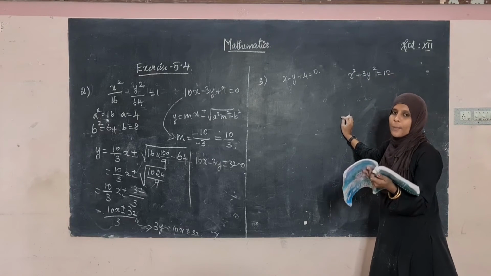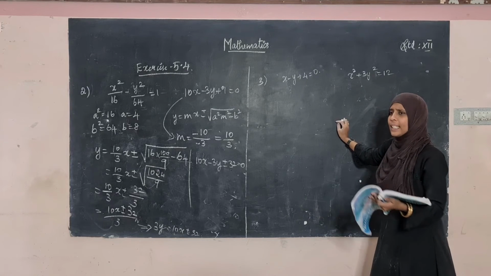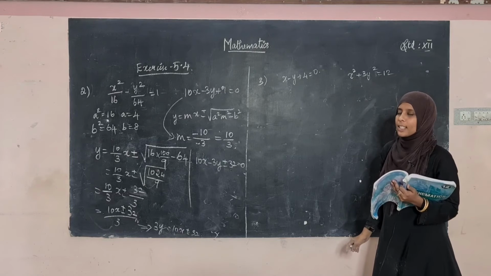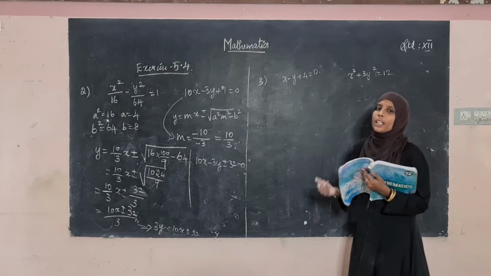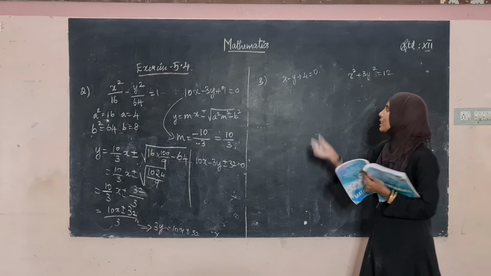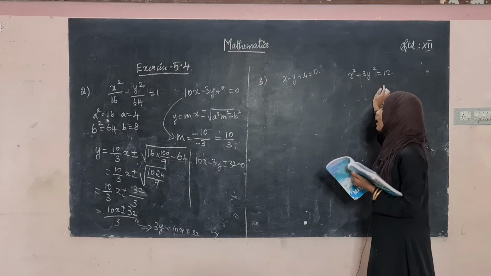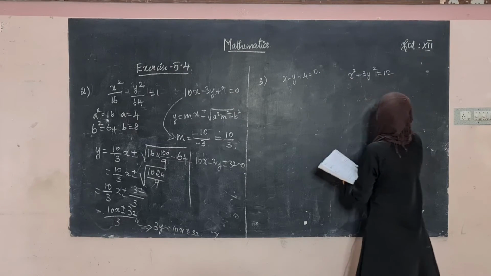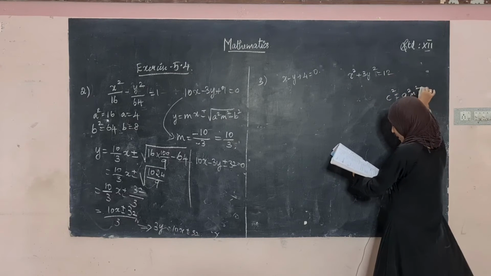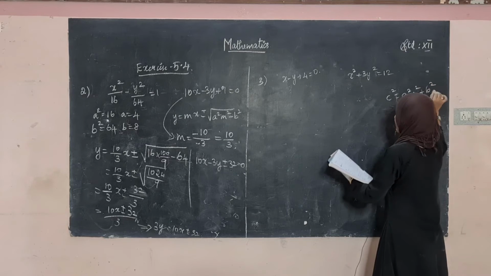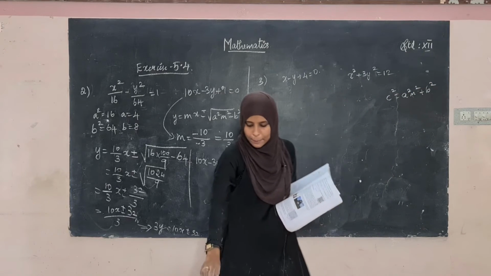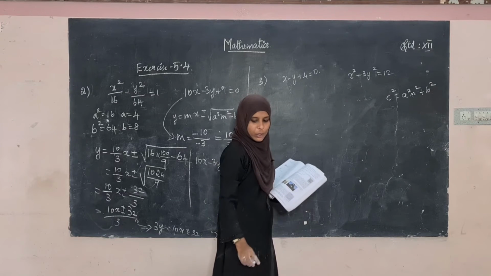the point of contact. So the condition for a line to be a tangent, you might have learned in the last class the formula for condition for a line to be a tangent. If the condition is satisfied, we can say this line is the tangent to this ellipse. Okay, so what's the condition? c square is equal to a square m square plus b square. So